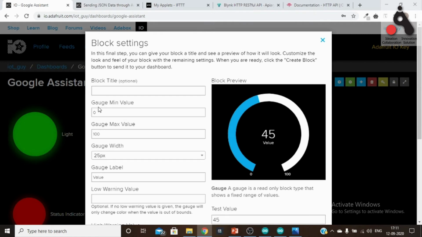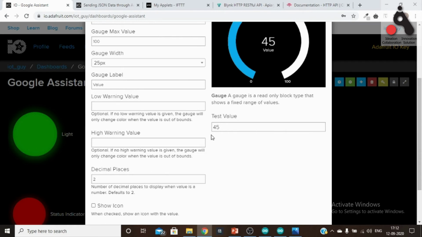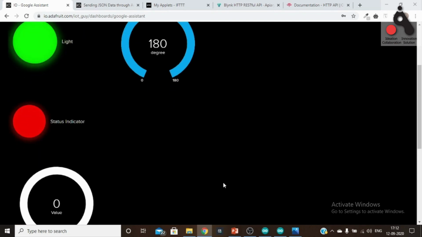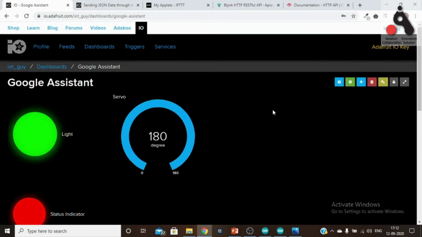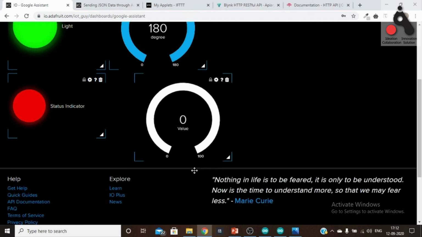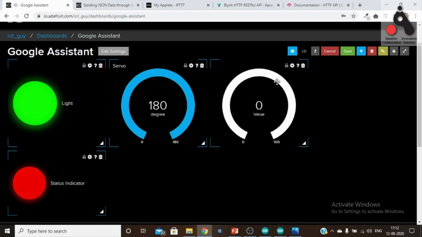Next, minimum value, maximum value, set it according to your preference. Gauge width is 25 pixel, test value is 45 right now, and everything looks fine. Create block. It is created right here. If you want to drag it, you can simply move it right here, or right beside it in the upper part.